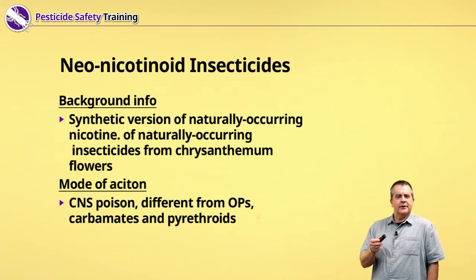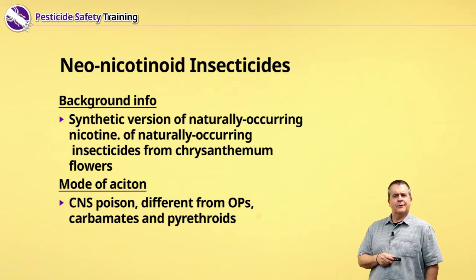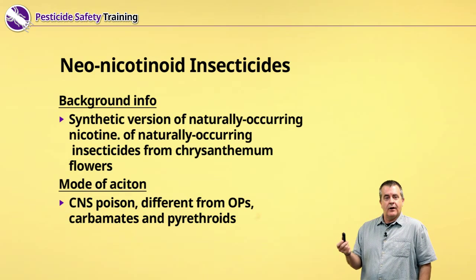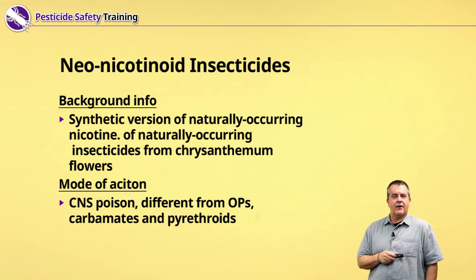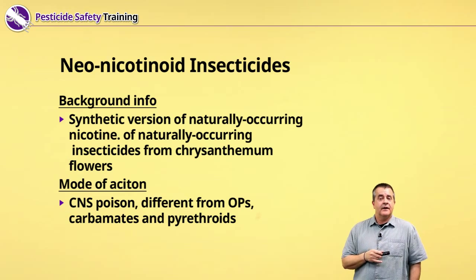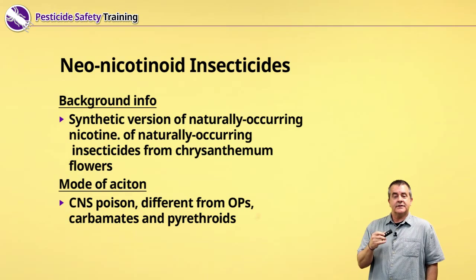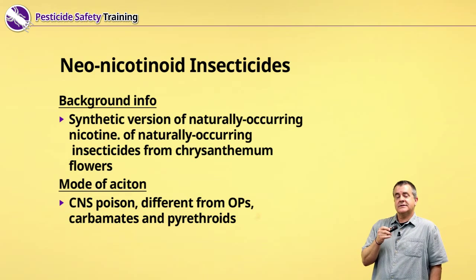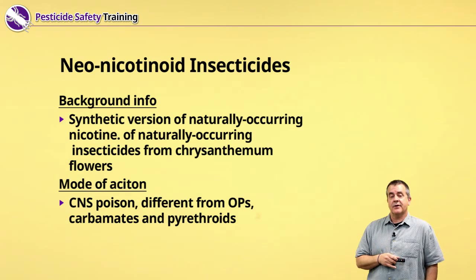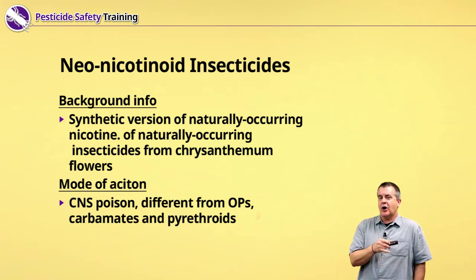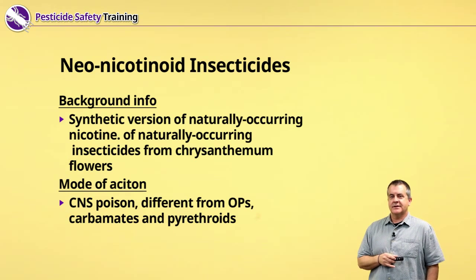Neonicotinoid insecticides. If you're looking at the name of the chemical, you see that word, it looks a little bit like nicotine, right? So neo means new, and oid again means a copy of something, or an analog of something. So these are copies or synthetic varieties of the nicotine molecule. Nicotine is found in tobacco plants, and in a lot of different plants in the nightshade family. Nicotine is actually a natural product in plants, and we believe that it's used for the plant to protect itself against grazing insects or animals. So it's a chemical warfare used by plants to protect themselves. And we basically co-opted this strategy, and we're using it for insecticides.